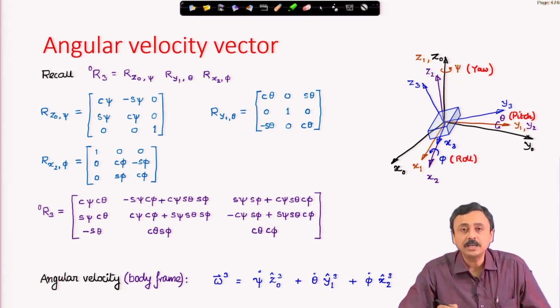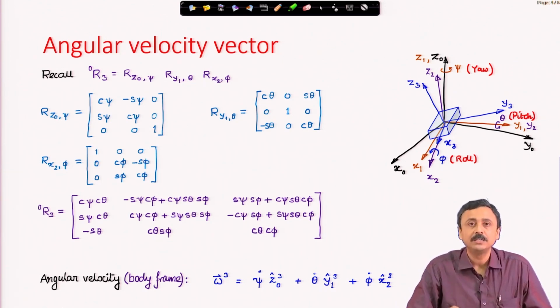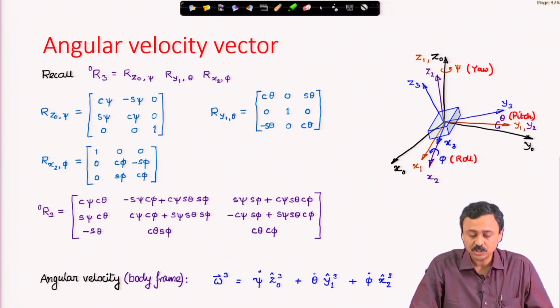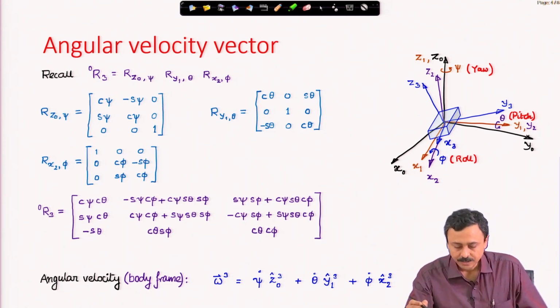Using the rates of yaw, pitch and roll, how do we represent the angular velocity vector in the body fixed frame using the rate of yaw, rate of pitch and rate of roll? That means psi dot, theta dot and phi dot. How do I represent the angular velocity vector? So, to do that, you see psi dot